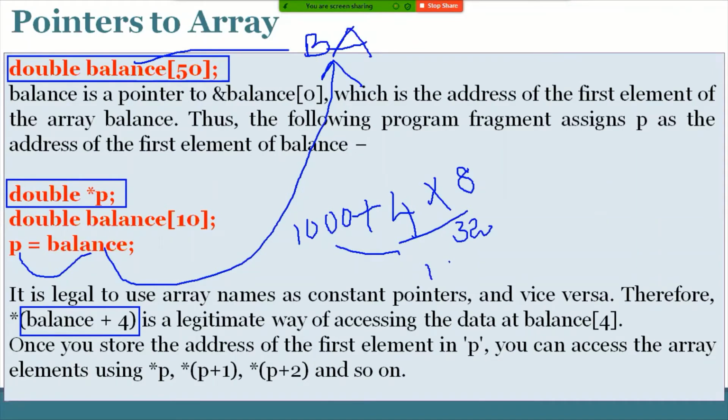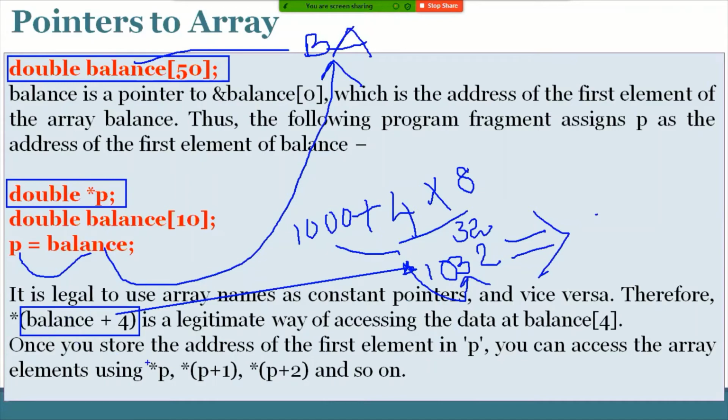In total, 1032 will be accessed with the help of this statement. And if you apply the indirection operator upon this address, then the value within that location will be displayed. That is about the dereferencing operation with the help of the array variable.